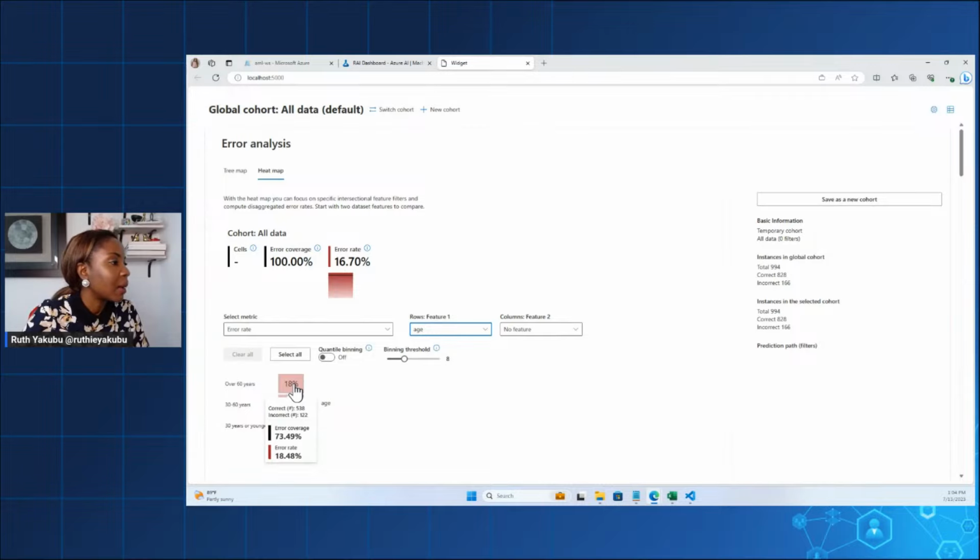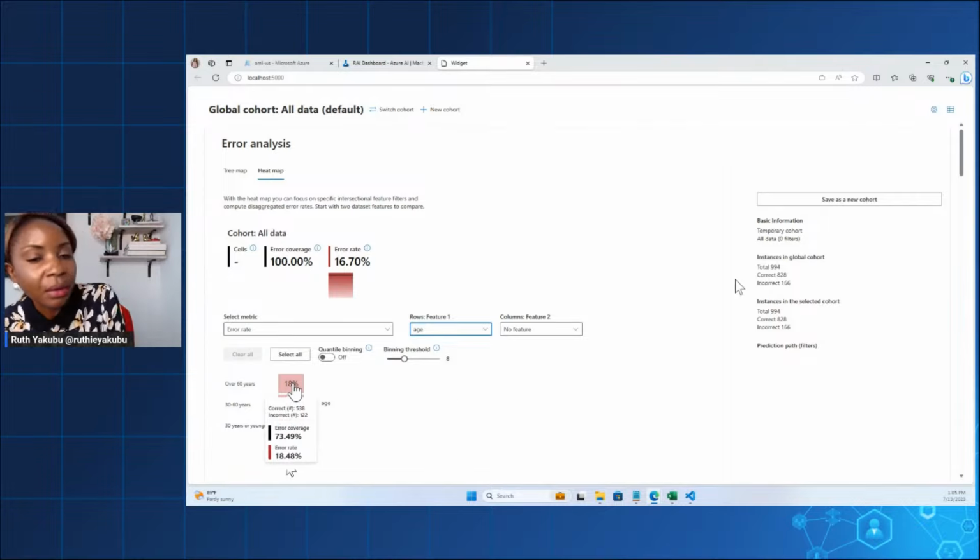So it shows that in all the test data where patients are over 60 years old, 538, the model got the prediction correct, that they were going to be readmitted or not readmitted within 30 days. It got 122 incorrect. So when we first look at the error rate, let me go back to it. At the bottom, the error rate is 18.88%. So that means, okay, the ratio between correct versus incorrect seems pretty low, but when you look at the